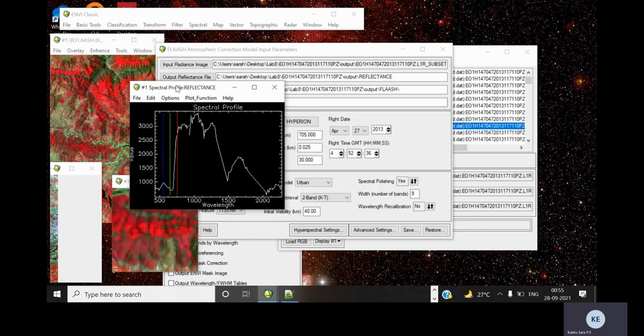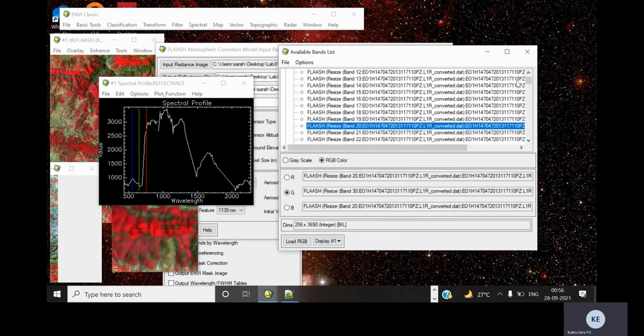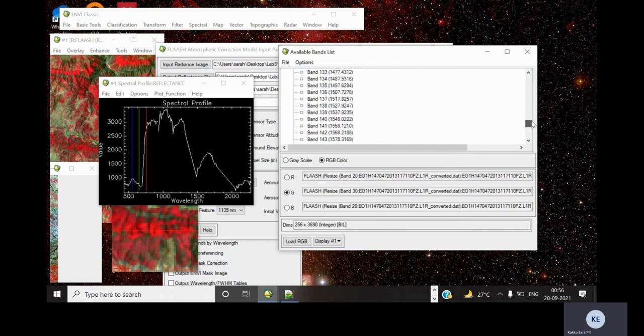So this is the spectral profile for this particular vegetated pixel, after calculating the surface reflectance. Now we will just open the RGB for our initial image, that is before applying all the corrections.